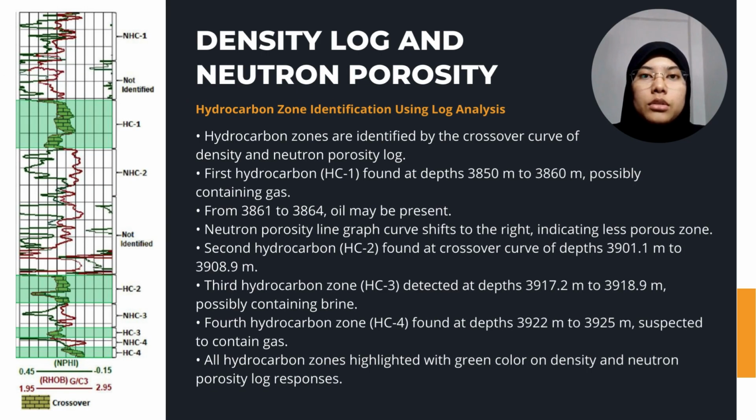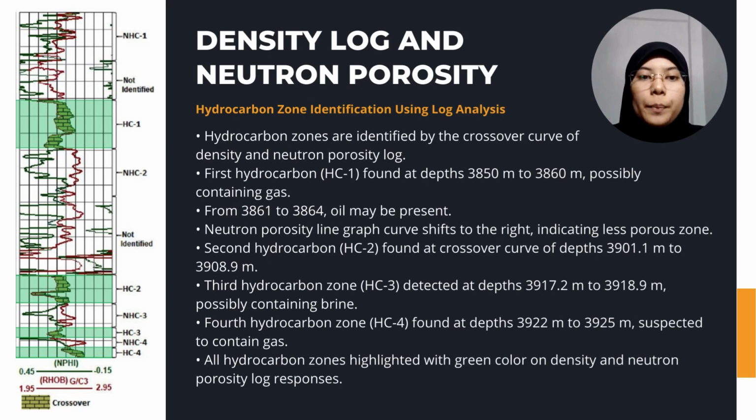I'm going to continue the presentation with the analysis of the density log and neutron porosity log. For the third track of the log interpretation, we have the density log and neutron porosity log. Based on the log, we can identify four zones of hydrocarbon, which we already highlighted on the picture with green color: HC1, HC2, HC3,